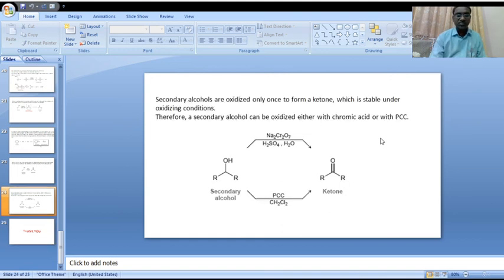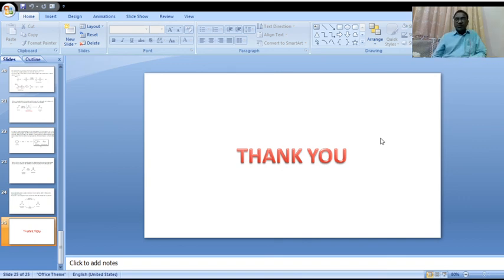Alcohols and phenols topic from the starting: the introduction of alcohols and phenols. Various preparation methods of alcohols and phenols we completed. After that, nomenclature was also discussed with so many examples, and we also covered the chemical properties of alcohols and phenols.